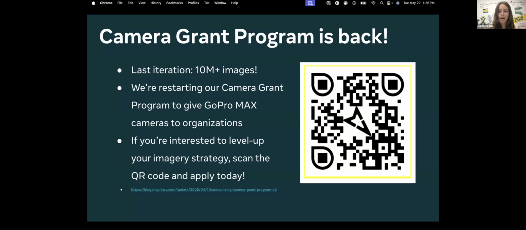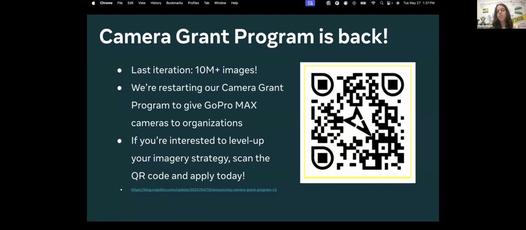This go around, we have 40 cameras that we are giving out on a rolling basis. We launched the program back in April, so we've already given out, I believe, 5 or 6 of the cameras,